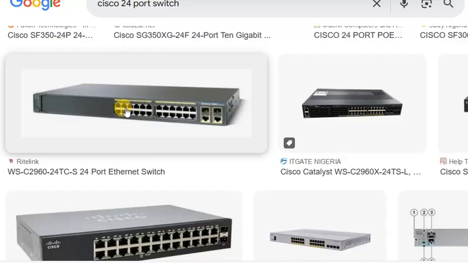For example, let's say we have 24 computers that need to connect to this switch. So this switch has 24 available slots that each computer will connect to, so that these computers can get resources